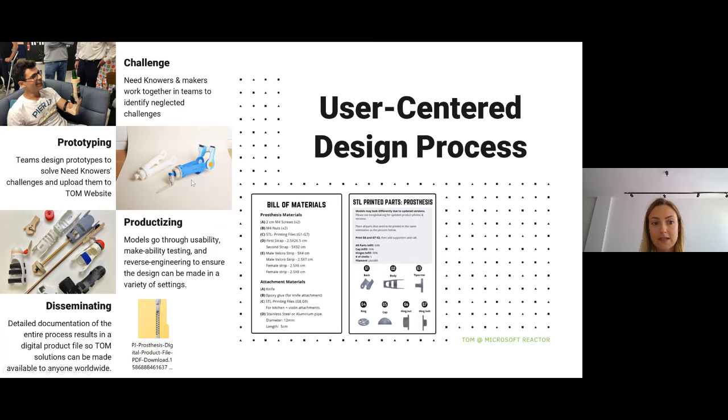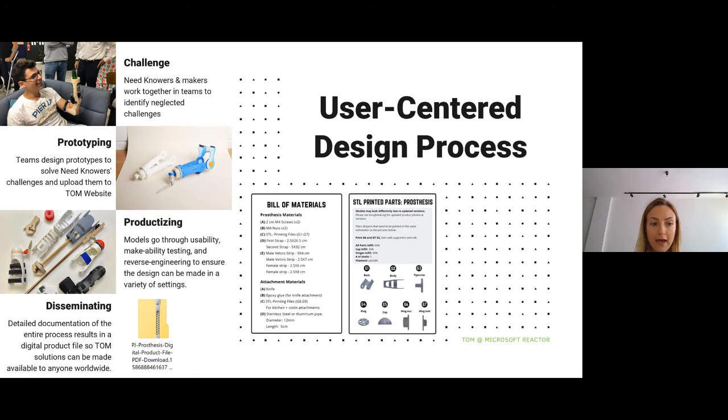Once we get the initial design ready, we then go into the productizing and community design process. In this stage, the models that we develop go through usability and makeability testing, and oftentimes reverse engineering, to make sure that they can be made in a variety of different settings, because not all of the communities we have have as advanced technology, for example, as we do at our R&D hub here in Israel. And so we take these designs, continue working with our lead knowers to improve them. Once the productizing stage is done,